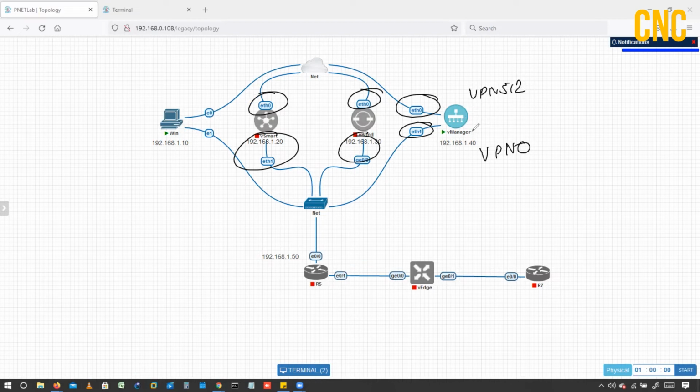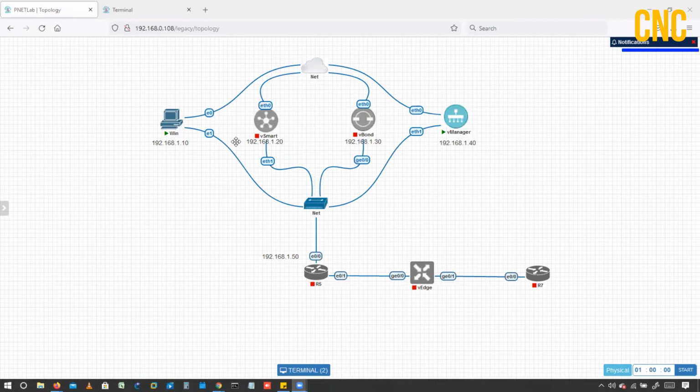On normal routers, to separate a routing table we use a VRF, right? Same here on vManage, on these devices, we don't have the VRF concept, but we have the VPN concept. So I'll configure this interface in VPN 512 and this interface in VPN 0. Same for vBond, same for vSmart. This will be my transport interface.